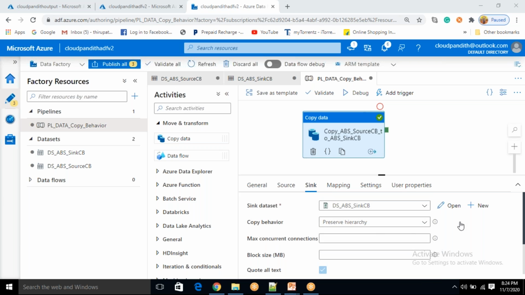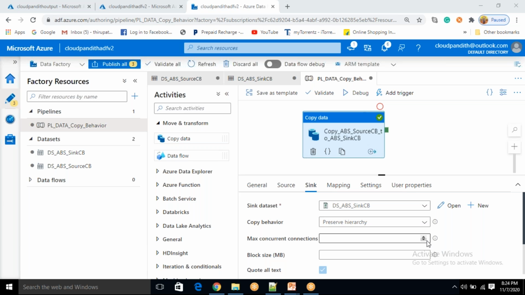There was random record insertion. Yeah, we don't have that option to control because we cannot order by those values, but you can do those things by using data flows. You can order records by using data flows, but here you cannot control those things.